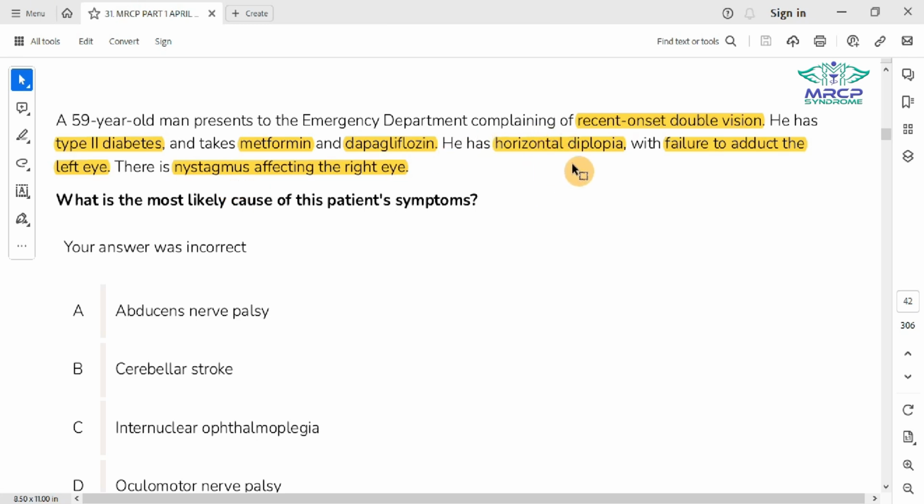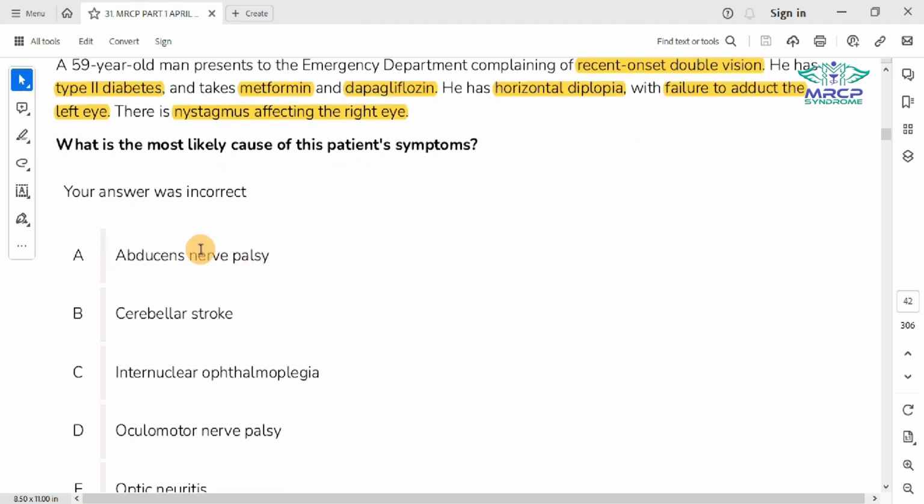And usually this is more commonly associated with diabetes mellitus, especially with long-standing diabetes mellitus or with poorly controlled cases. They have a higher chance of developing the vessel disease, which usually affects the MLF, leading to the INO. And with respect to the other options, abducens nerve palsy, this will lead to